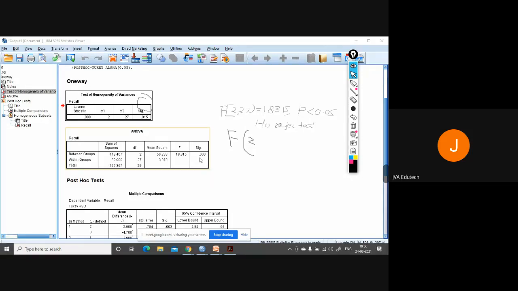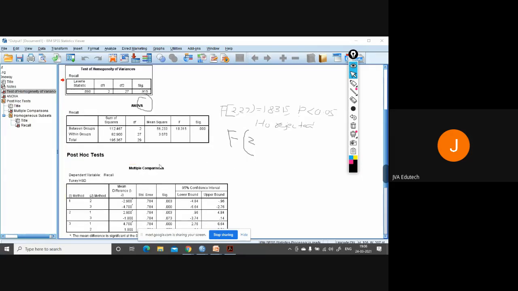But since it is rejected, it says that there is a significant difference between the three groups or the three methods that we have taken for students learning. Means these three methods significantly differ in the recall capacity of the students. But which group differs from another one, that we can see only through multiple comparisons.